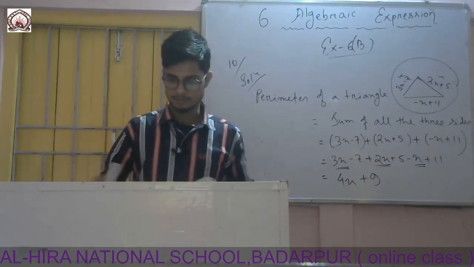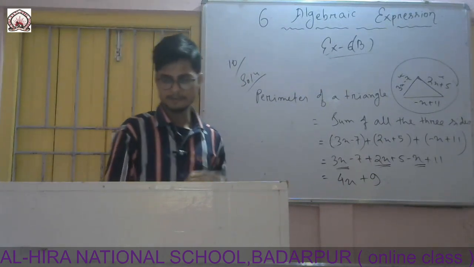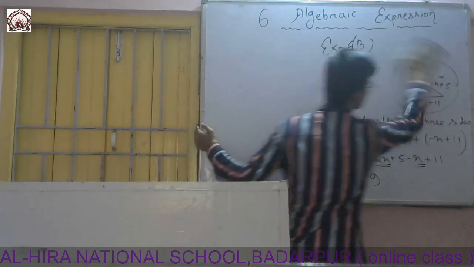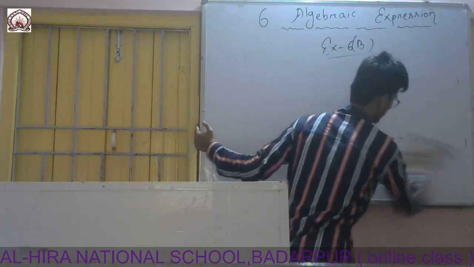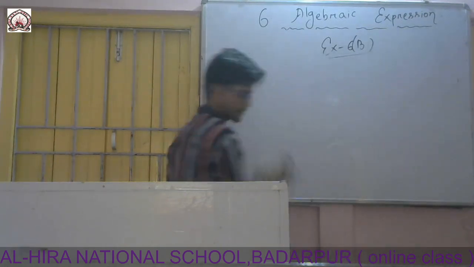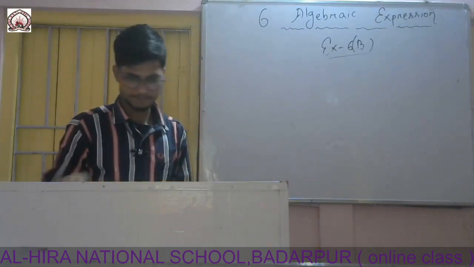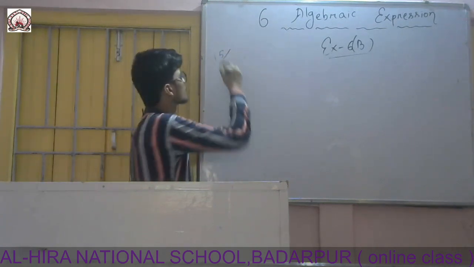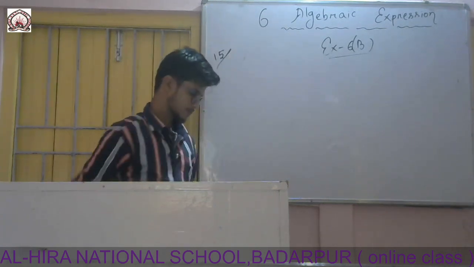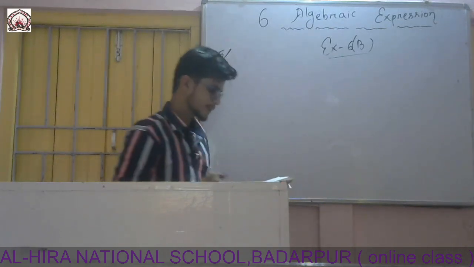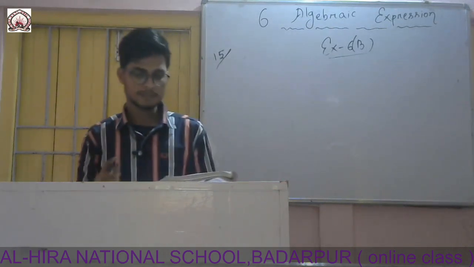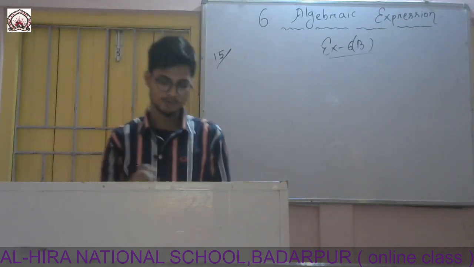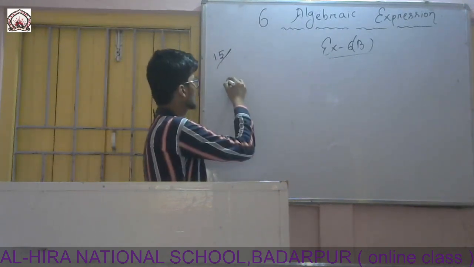Okay. So now the last question of this exercise, question number 15. Question number 15. So the question is given that you have to fill in the blanks to make the given addition sentence true. So to make this sentence true, you have to fill in the blanks. So one side is given